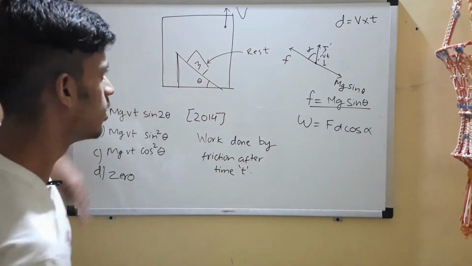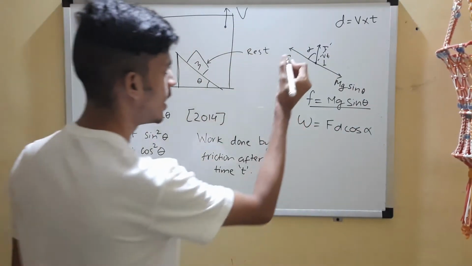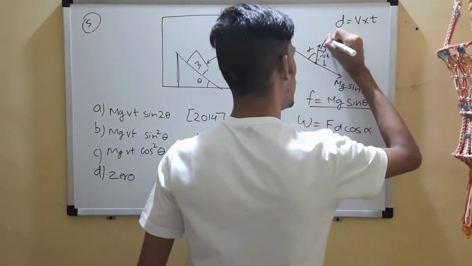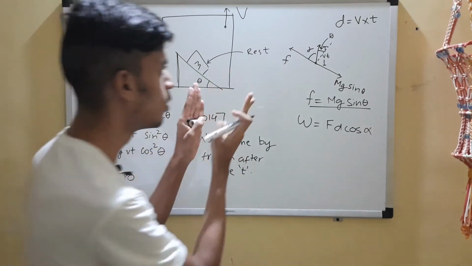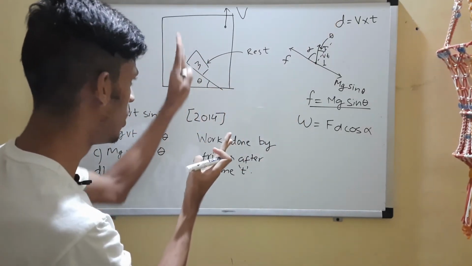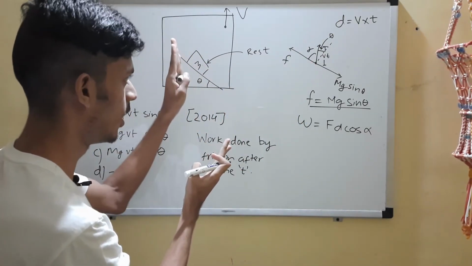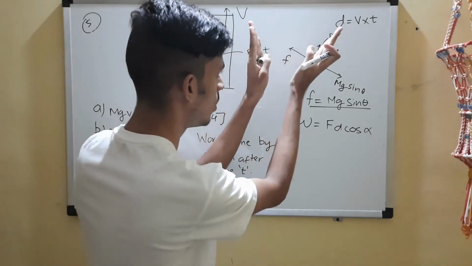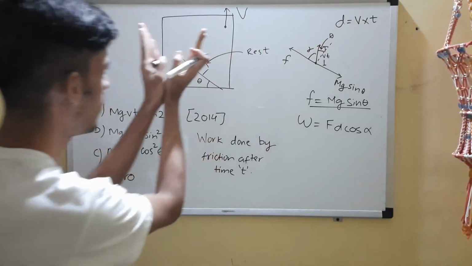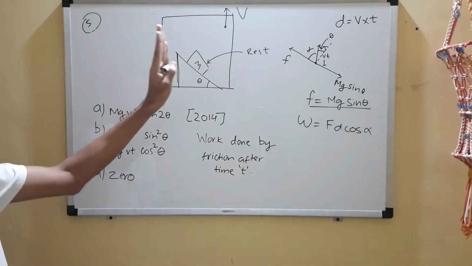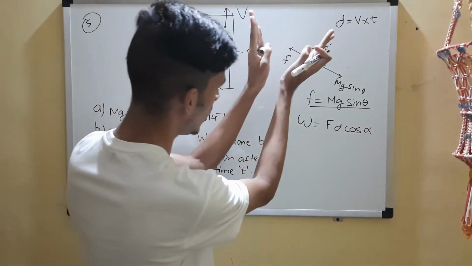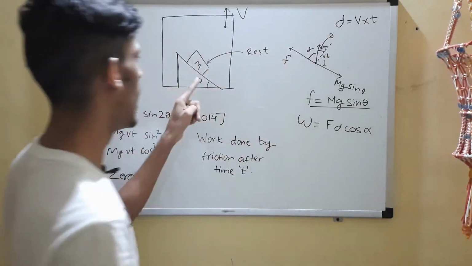Okay, I've just drawn a normal to the incline. So you can see that this angle will be theta, since it is the angle between the normal to the surface and the normal to the ground. Normal to the ground and normal to the incline will make the same angle as the angle of inclination. I repeat that, normal to the ground and normal to the inclination will make the same angle as the angle of inclination.